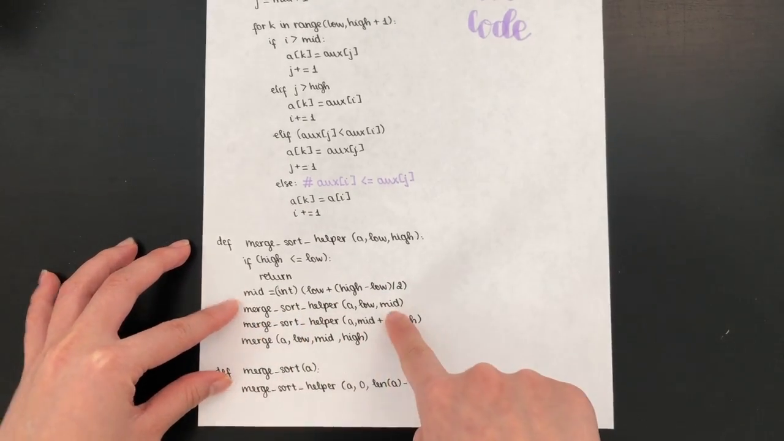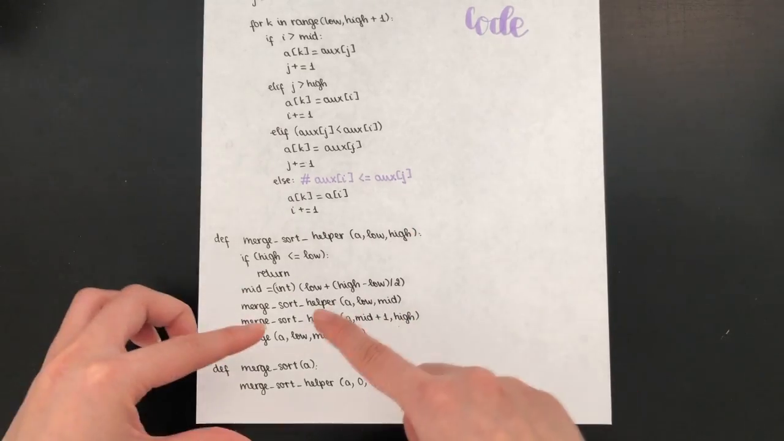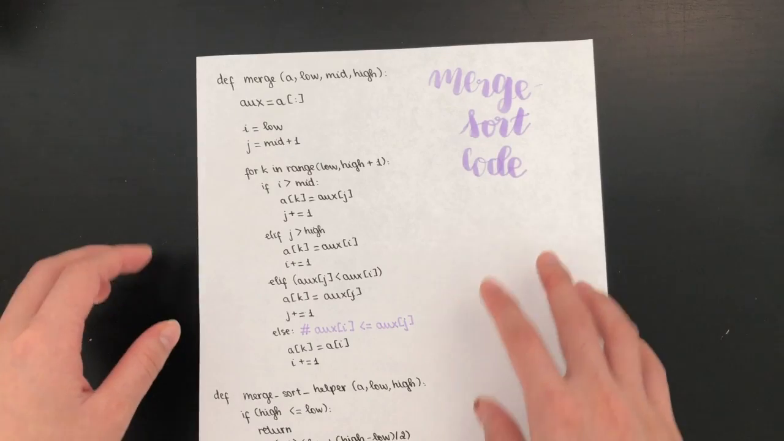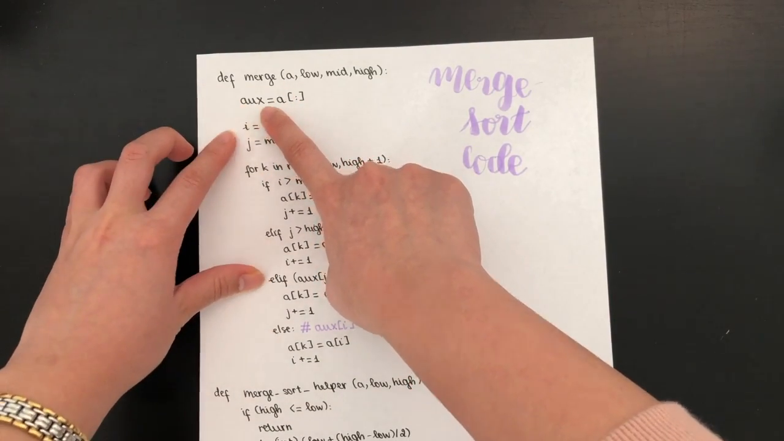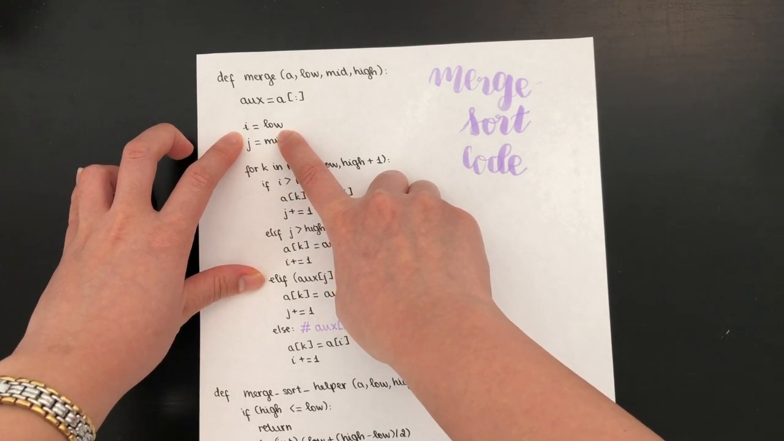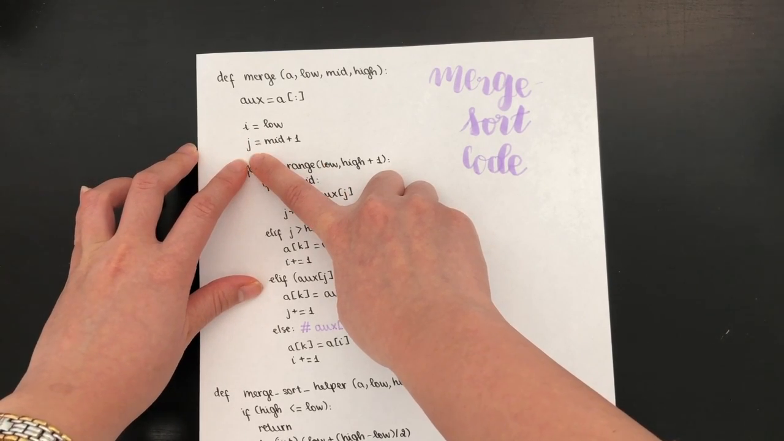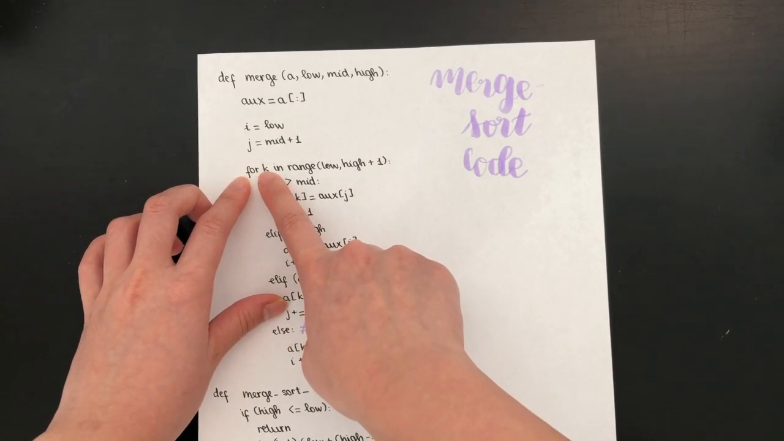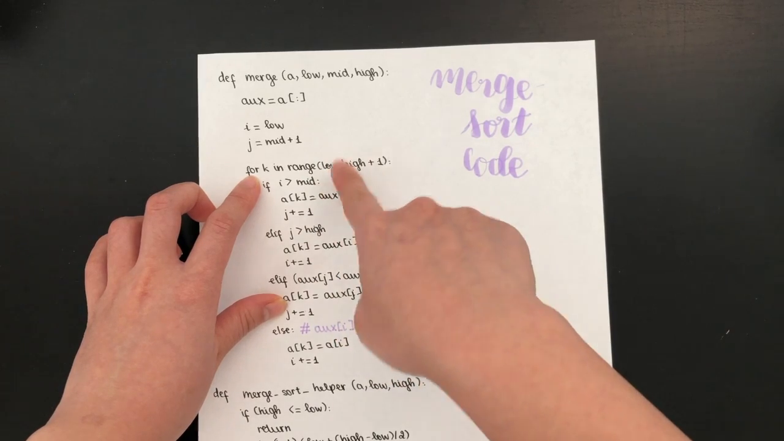Then we try to sort the left half, we try to sort the right half, and we merge them with each other. For merging, first we create an auxiliary array. Then we use I, starting from below, to keep track of the elements in the left half. Use J to keep track of the right half. Then for each element in the range low to high plus 1, not including high plus 1,